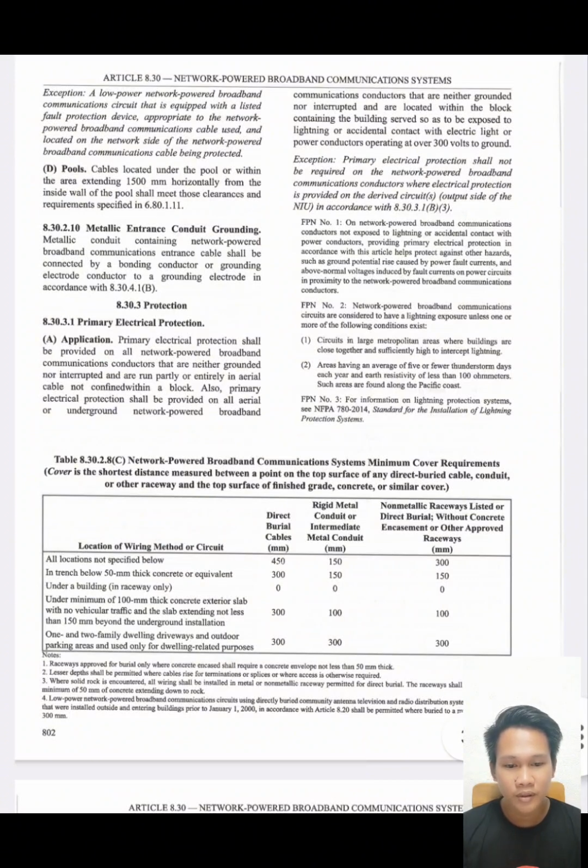So, an exemption: primary electrical protection shall not be required on the network-powered broadband communication conductors where electrical protection is provided on the derived circuits or output outside of the NIU in accordance with 8.30.3.1 B3. So, we can see here the Table